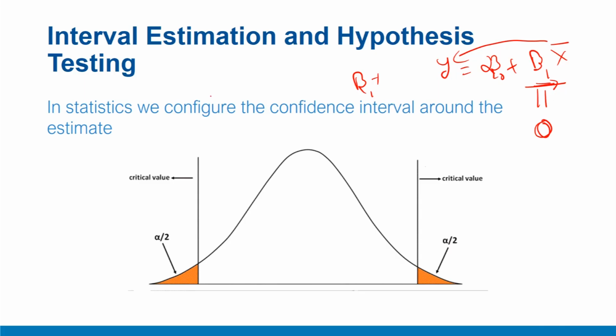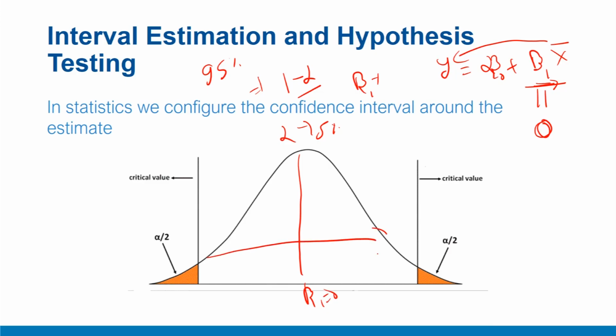Now you want to set up a 95% confidence interval. If you want to set up a 95% confidence interval, which is 1 minus alpha, your alpha or significance level is 5%. So you set up a 95% confidence interval around your population estimate beta 1, which is 0. You set up this confidence interval and you are willing to take a 5% chance, 2.5% on the left and 2.5% on the right, that you may be wrong as well. Practically, you are assuming that beta 1 is 0, that means x does not affect y. So this is essentially your null hypothesis.